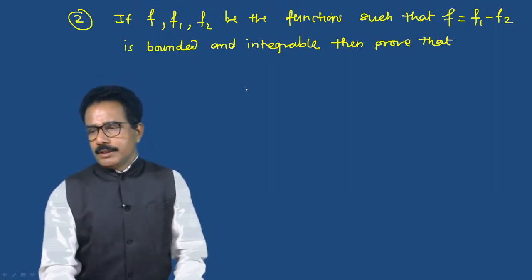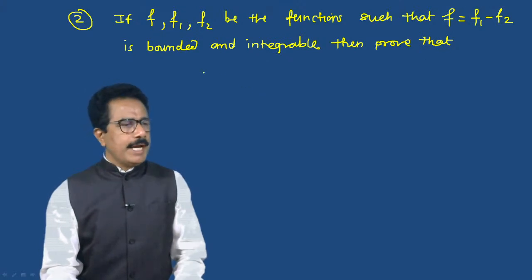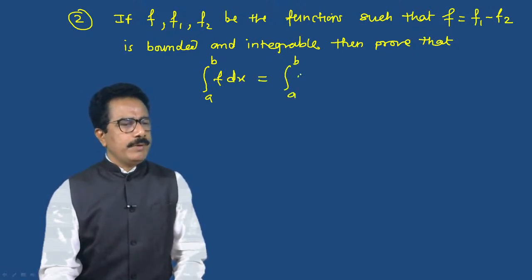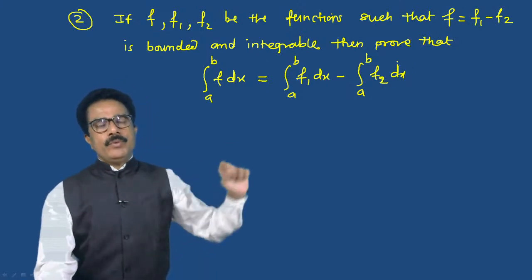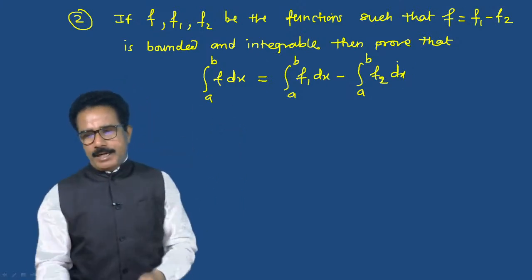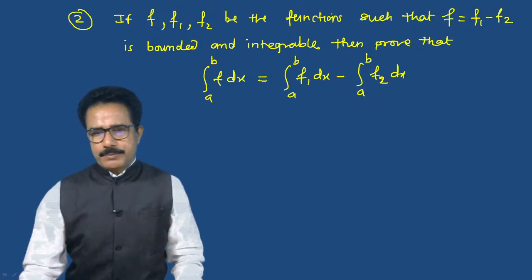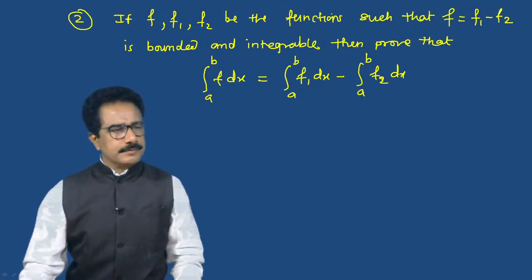What we have to prove? Then we have to prove that integral from a to b f dx, which is equals to integral from a to b f1 dx minus integral from a to b f2 dx. Same you have to prove this theorem. सर्वांना हा सेम थेरम प्रूव्ह करायचे. नो प्रॉब्लेम. नाउ थर्ड थेरम,